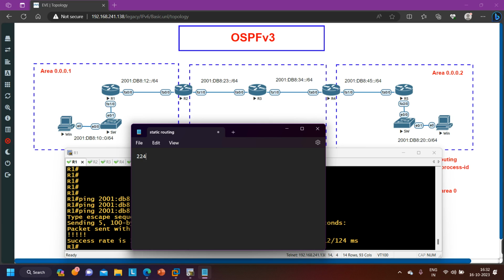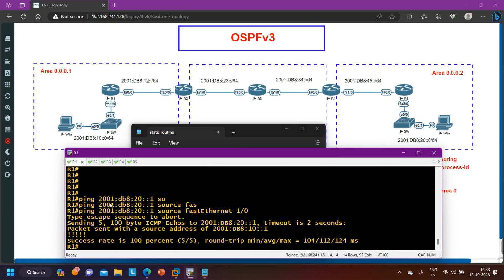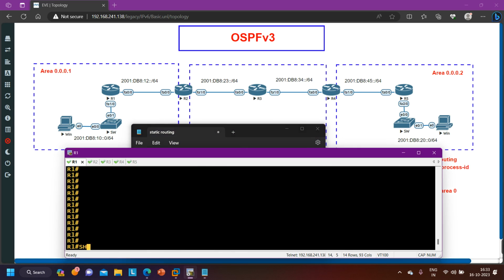On two multicast addresses, 224.0.0.5 and 224.0.0.6. And if I talk about the multicast addresses of OSPF version 3, as you know, in IPv6 all multicast addresses start with FF02. So FF02::5 and FF02::6 are the multicast addresses of OSPF version 3. So what I can do here on router number 1, I can run one command, show IPv6 interface